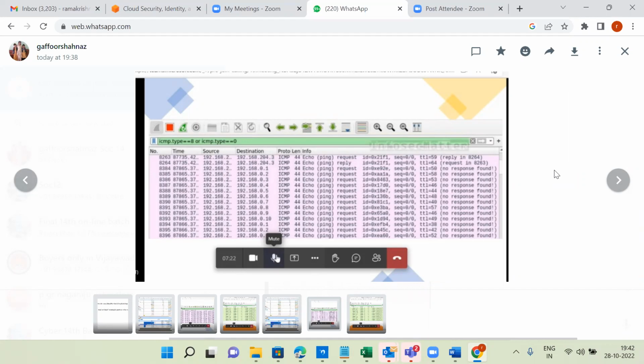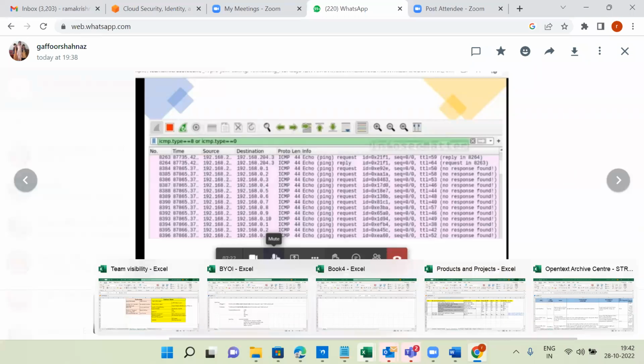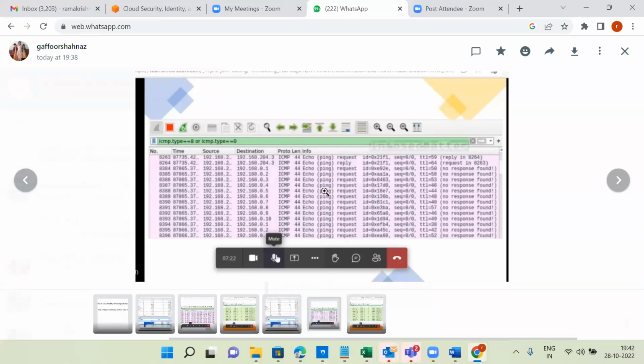Yeah, that's what I said, right? So type 0 is destination unreachable. Here, when the user is trying to access BitTorrent, the destination is unreachable, but they keep on trying to access the BitTorrent website. So what type of attack can we say this is? We concluded that one. Is it fine or not? Okay, sir.